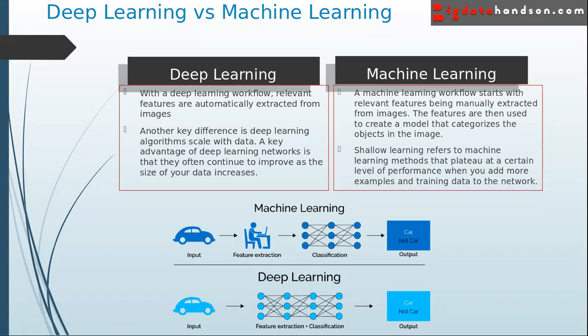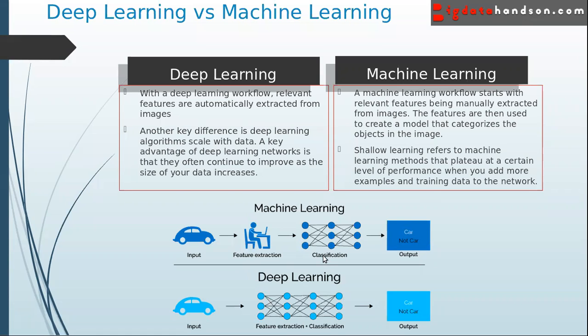Okay, or if the data is large, then we can go to deep learning, where we create a neural network, and it automatically improves the performance. So in the image you can see here, we have input data, and we manually need to extract the features and give them to classification or regression algorithms, and it will give the output, right? But in deep learning you don't have the feature extraction step. It automatically extracts the features and does the training as well.